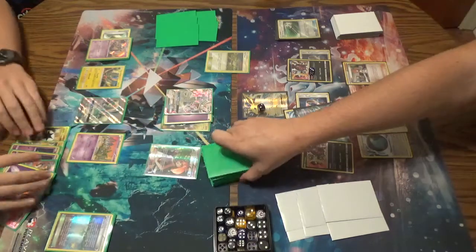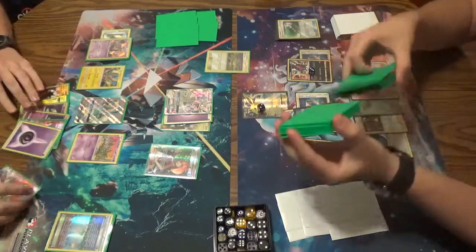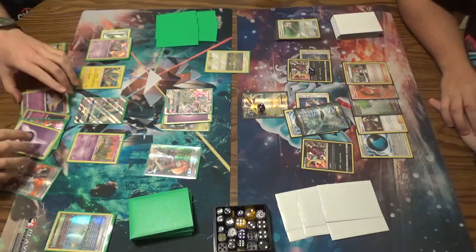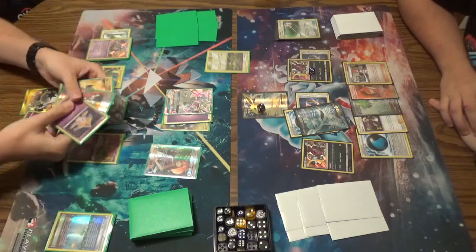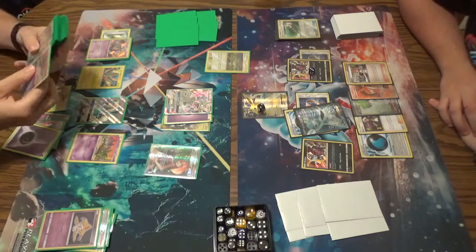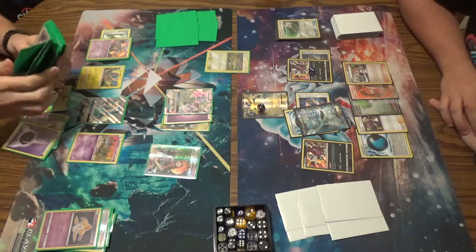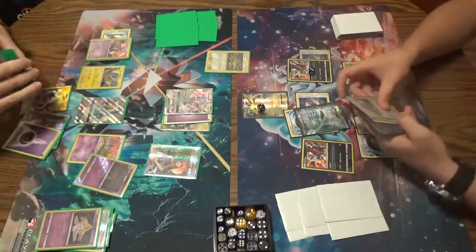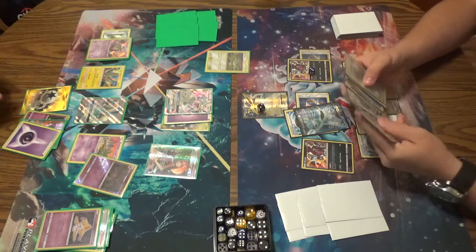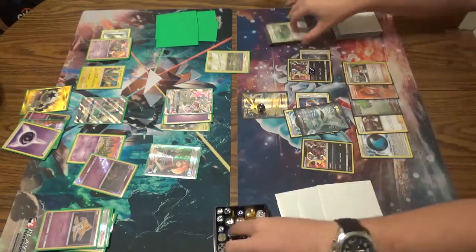So, and then what we're going to do is we are going to go ahead and Ultra Ball, getting rid of one Sycamore and one Jirachi. And then we are going to go ahead and get probably the Trash Lands Garbodor, which probably makes the most sense. And then we are going to go ahead and hit for the...